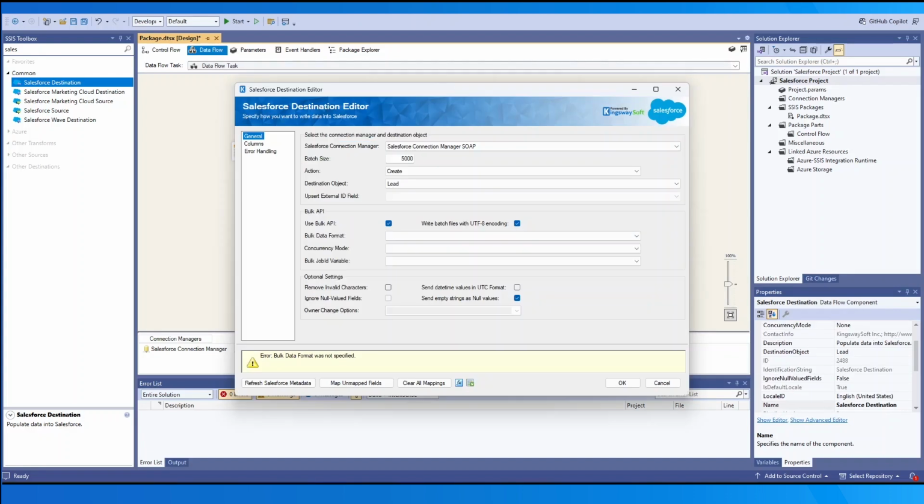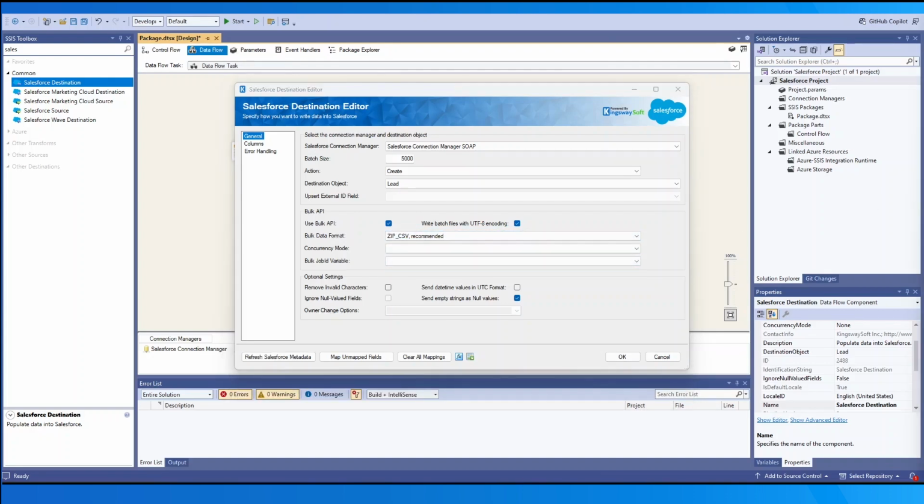When using a Salesforce connection manager with SOAP as a service endpoint, you can set some of the Bulk API options in the component. The bulk data format allows you to choose the file format which aids the bulk job and the bulk action. We currently have 4 options, however, zip CSV is recommended. The concurrency mode is the mode for which the batch file will be processed. We have 2 options, parallel or serial.